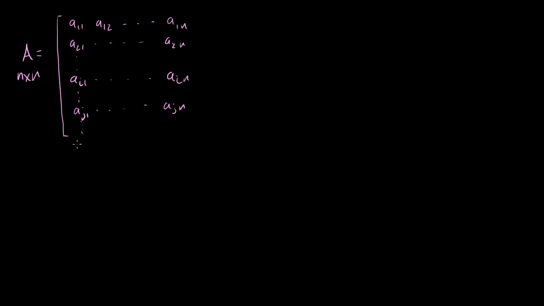And then you keep going all the way down to An1, An2, all the way to Ann. This is just an n by n matrix, and you can see that I took a little trouble to write out my ith row here and my jth row here. And just to keep things a little simple, let me define, just for notational purposes, you can view these as row vectors if you like, but I haven't formally defined row vectors, so I won't necessarily go there. But let's just define the term Ri, we'll call that row i, to be equal to